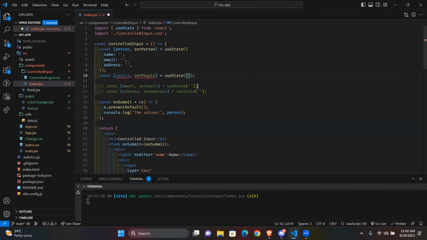Okay, so I have this now. Now what I would like to do is after I've put in a person's information, because I want to display like people, different people. So what I would like to do is inside here now. So when I get a person,